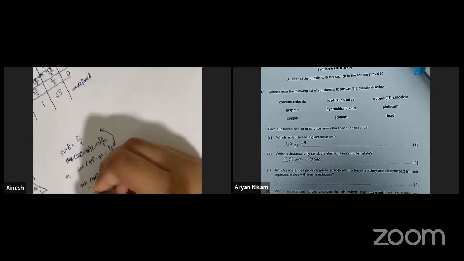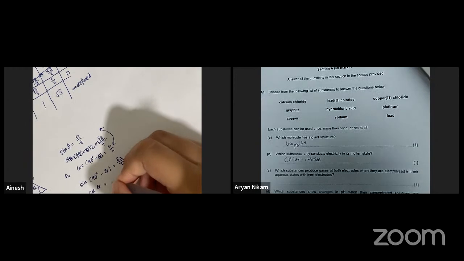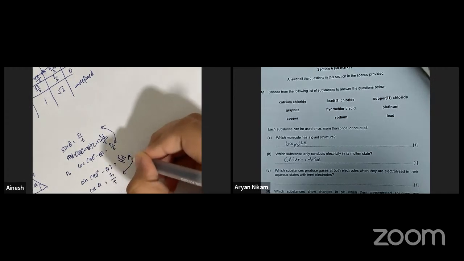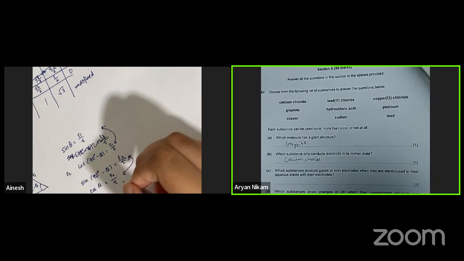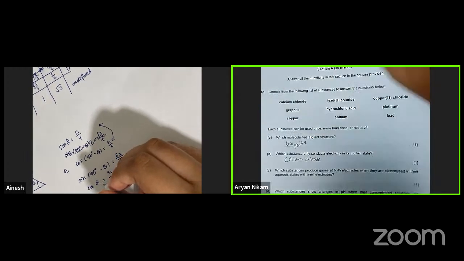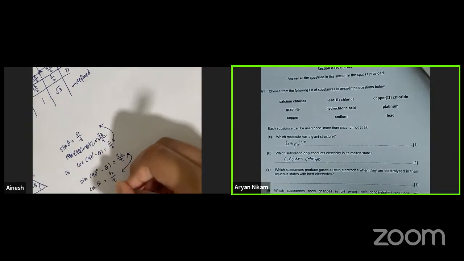Okay, Aryan, let's just go through this. So the copper, sodium, platinum, lead, and graphite is not the answer because solid also conducts, correct? Yeah. Okay, then hydrochloric acid just now is off, and calcium chloride also off because again the aqueous situation, correct? Yeah. So you only have two things left, right? Lead chloride and copper chloride. So which one? I think